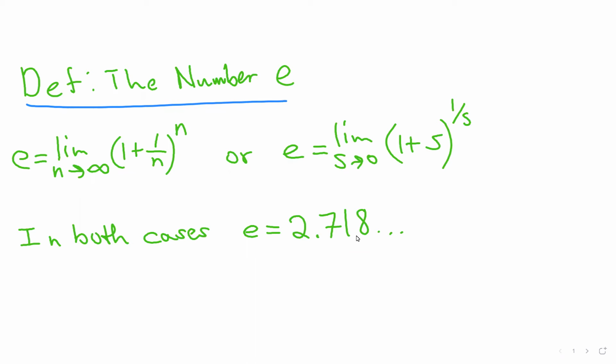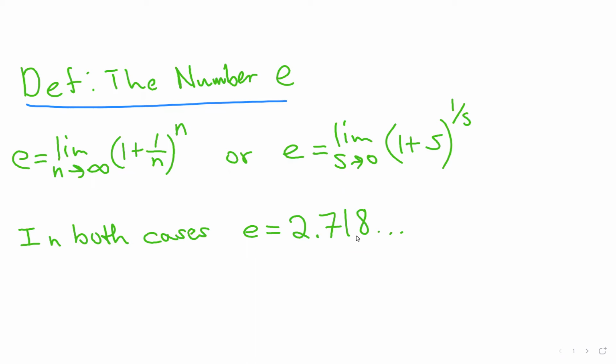And so this formulation of what e is might seem a little awkward at first, but it has this very nice and neat property that allows it to be used in what's called the exponential function. And we'll talk about that in the next couple of slides. But it's good to just note that this is what it is, and what it comes out to actually be as a constant is 2.718, and then there's a bunch more